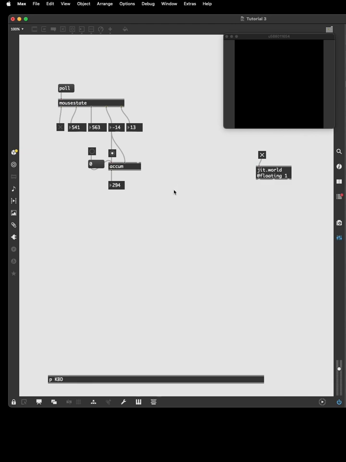Lock my patch. I'm moving my mouse around, and I want this to be my 0 point, so I hit the 0 key. It clears my accumulator. It sets my accumulator to 0, and now these values coming in will move positive and negative. So if I wanted this to, for instance, be controlling volume,